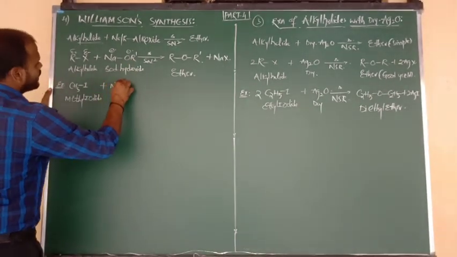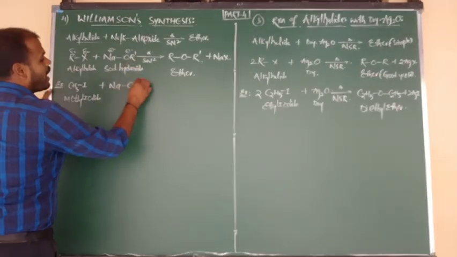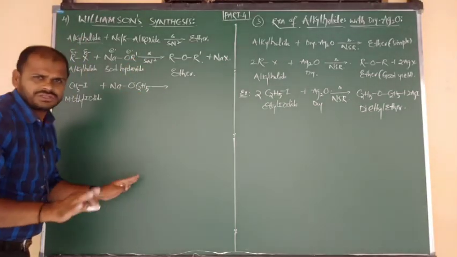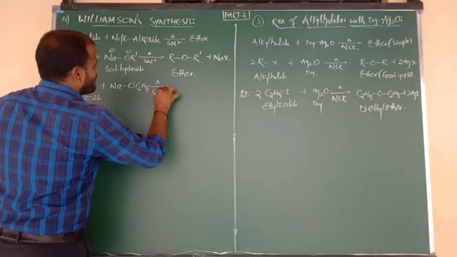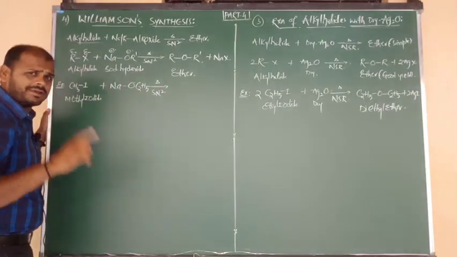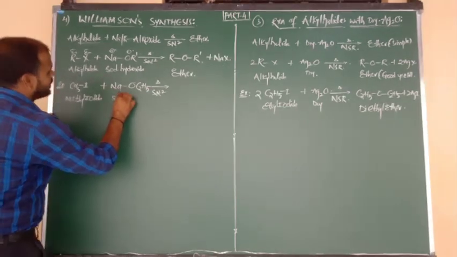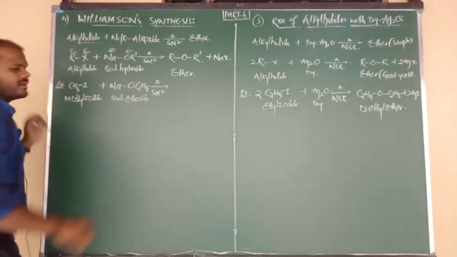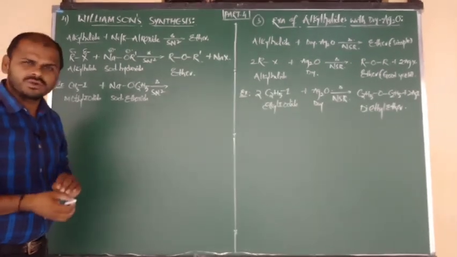So I want to write here Na bonded to O, and in place of R prime, I want to write C2H5. If you want, you can write CH3 also as you wish. No particular restriction. So again, upon heating, it also follows the SN2 mechanism. And what will be the product? Before writing the product here, I want to ask, sir, what is the name of NaOR? It is nothing but sodium ethoxide. What, beta? Sodium ethoxide. What is the formula of sodium ethoxide?